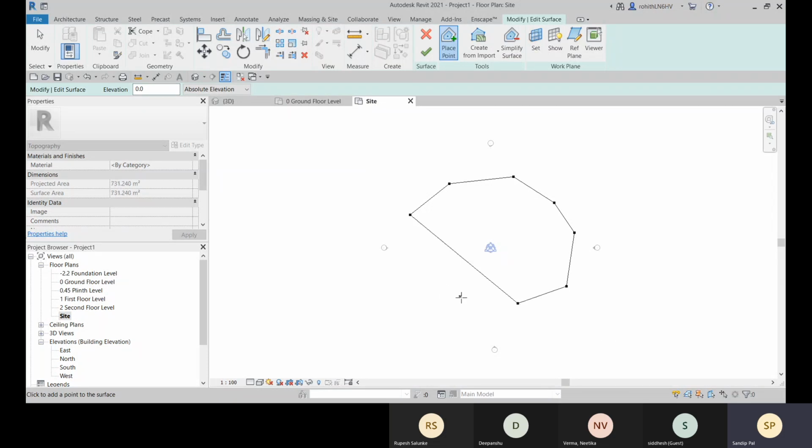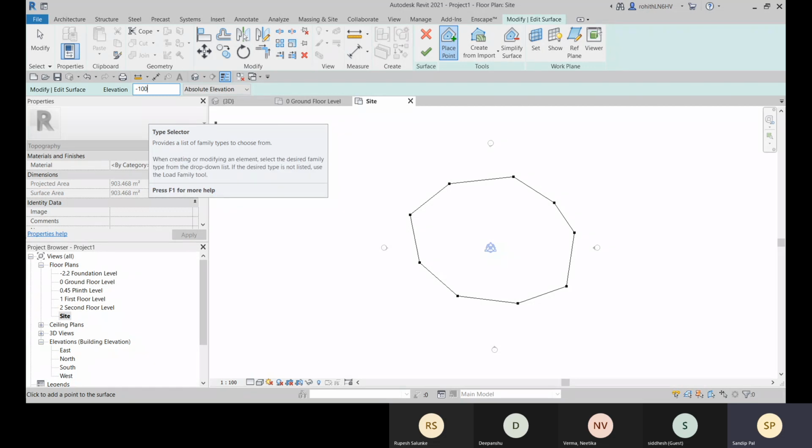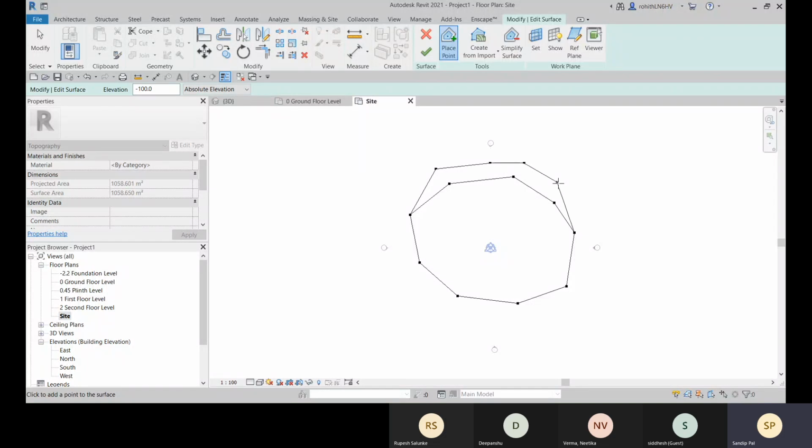So let me just place these points, and these points are placed at a zero elevation. Now you can provide some elevations. Let me go with minus 100. OK, and there you place some points with minus 100.